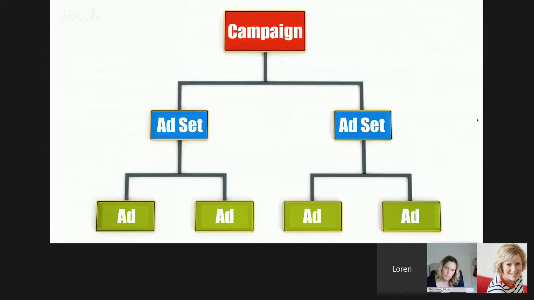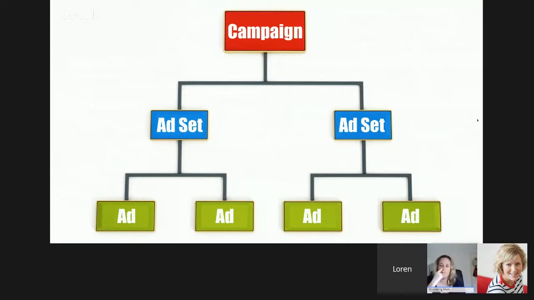And for example, an objective is to boost your post. An objective is to gain page likes. An objective is to get conversions on your website. Yes, you might do a page like ad, and it might end up providing you with some conversions on your website because people might like your page and then go off and purchase from you, and that's great, but that's not what you're optimizing that ad for. You're optimizing it to get page likes.